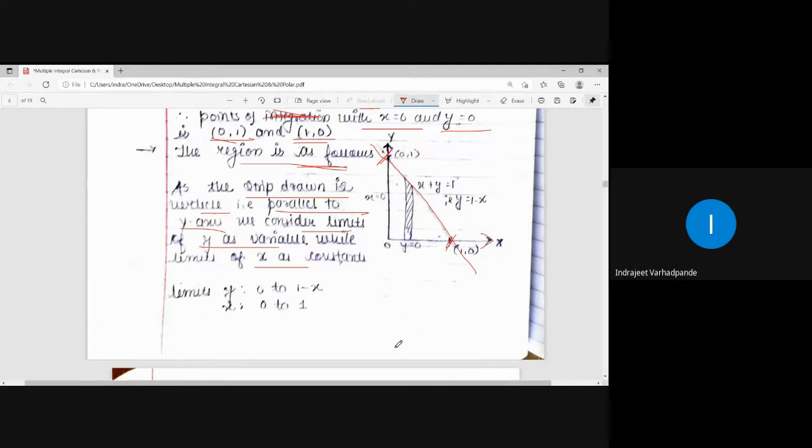So what should I always prefer here? It is always advisable, because if a term in x remains at the end, integrating it and putting in the values is our habit. So I always prefer to take the limits of variable y in the variable form. So I express the limits of y in terms of the variable. That means the strip will be drawn parallel to the y-axis, means vertical in nature. So in whatever region is identified, I will be drawing the vertical strip, or I can say the strip parallel to the y-axis.